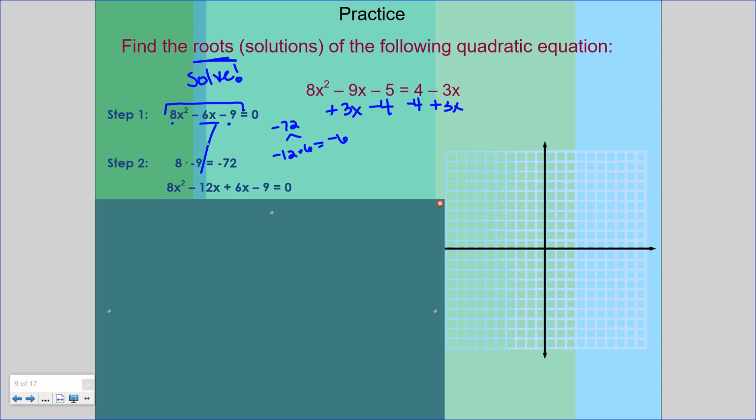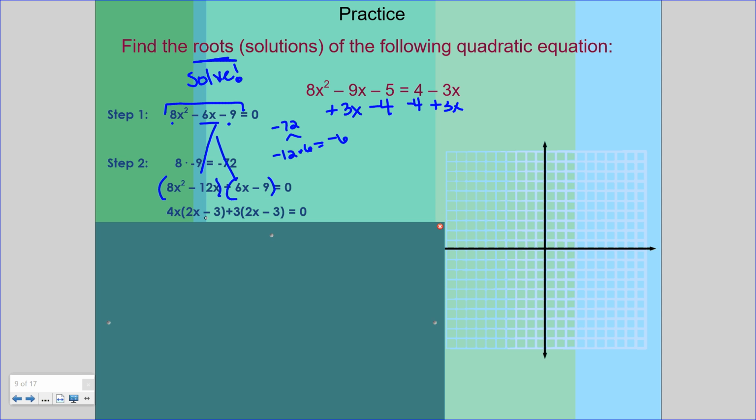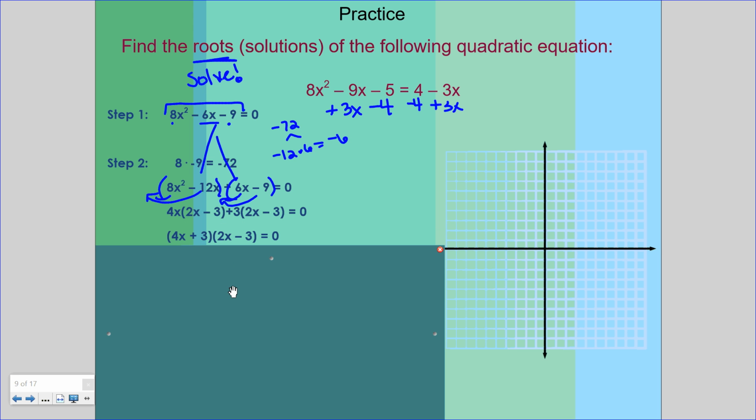So we break our middle term, and this is a quick review of factoring by a trinomial with a coefficient, but we break our middle term into 2 terms and finish now with the grouping method. So hopefully you are cruising on this at this point in the school year and able to finish this factoring by grouping and get your 2 factors set equal to 0. Do notice I'm bringing down this equals 0 each time. From here, we are very close to being done, but we need to take each factor individually and set each